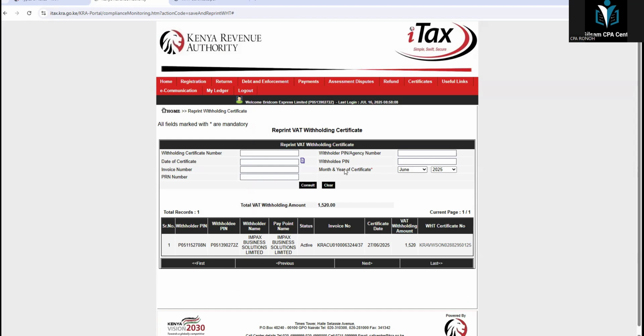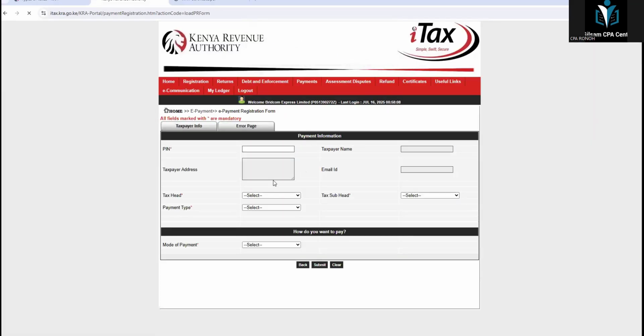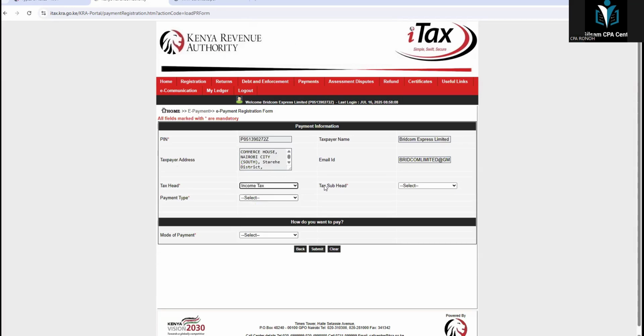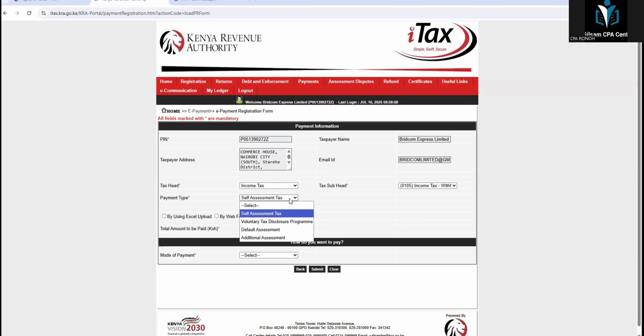That is 1,500. So I will go to payment registration. Next. Here, select the income tax. Under the income tax, select the income tax withholding, and then put the self-assessment. As I've said earlier, if you are paying more than 10 professionals, then it is not